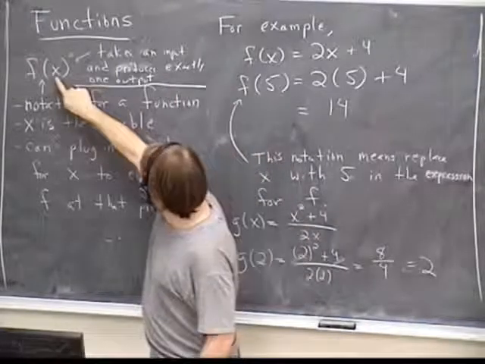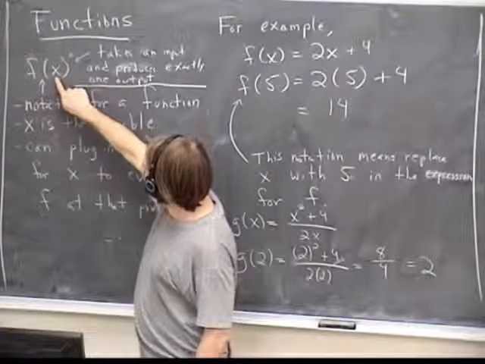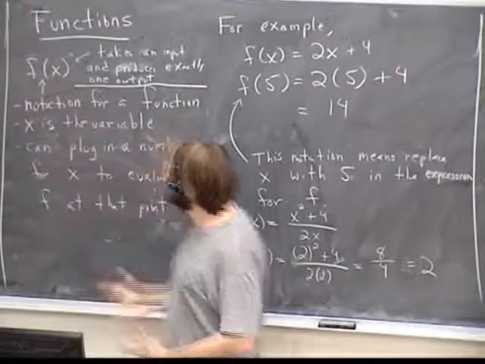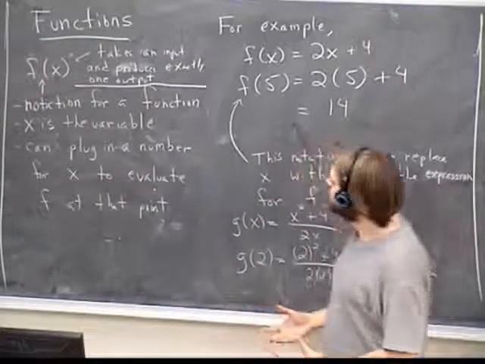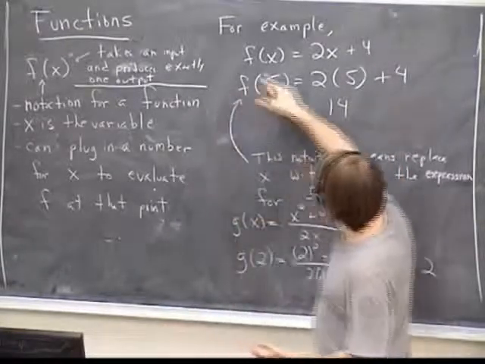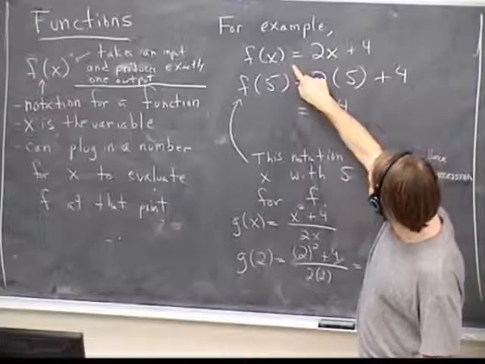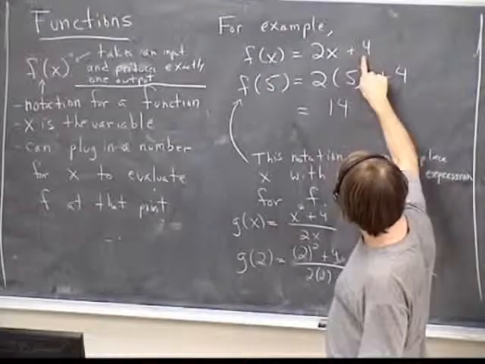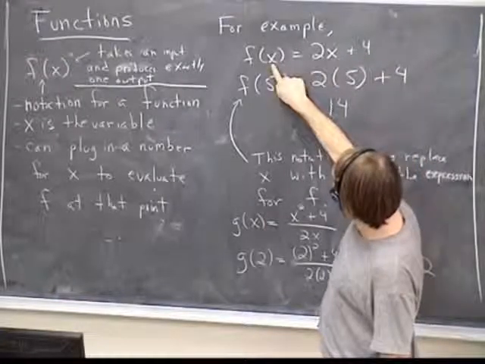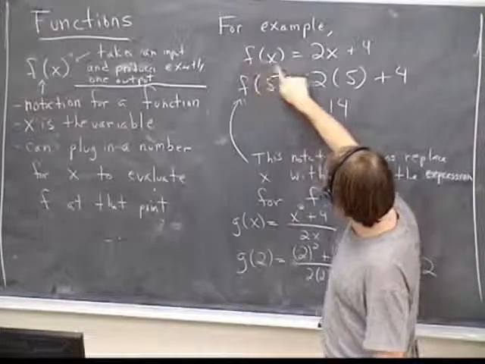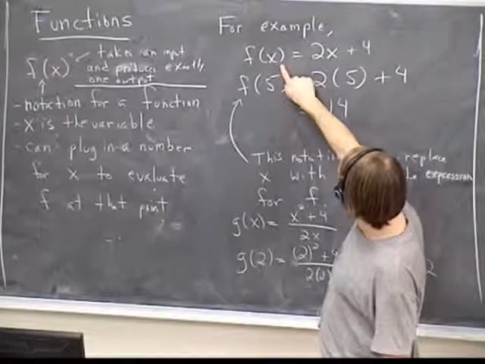Now x here represents the input to the function. F is the function or process itself. Okay, so if we look at an example here, maybe that will become clearer. Here we have f of x equals 2x plus 4. X here is the variable. This is the input. And f of x tells you the rule that gives you an output